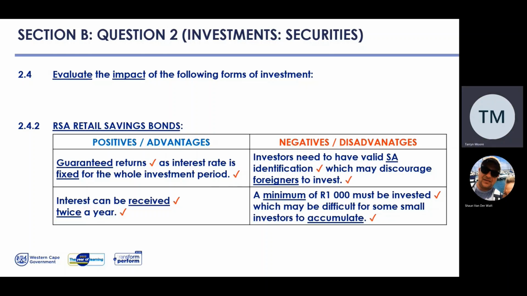Now you're going to say to me, but ma'am, how am I going to remember this? The RSA Retail Savings Bond is here in South Africa, and for you to invest in this form of investment, you have to have a valid South African identification. You need to have an SA identification. So if you are a foreigner, it's going to discourage you from investing. But because you are South African and you have identification, you can invest. So as a negative,